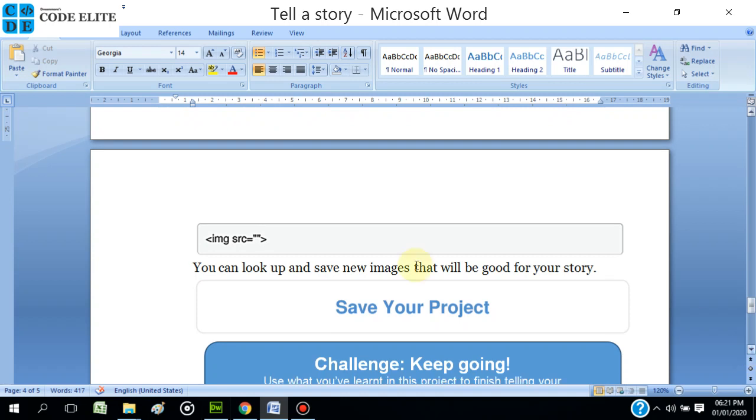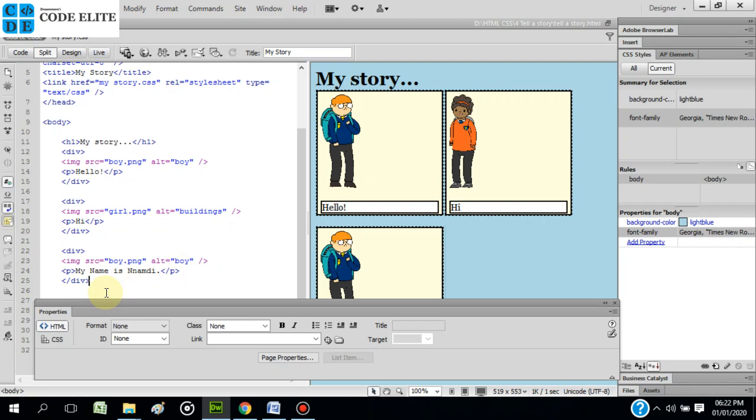Remember, we've learned how to add images before, so you can use that to add the images that you want. You can use this code directly in the code part of it. You can change the image and add any other image that you want, or